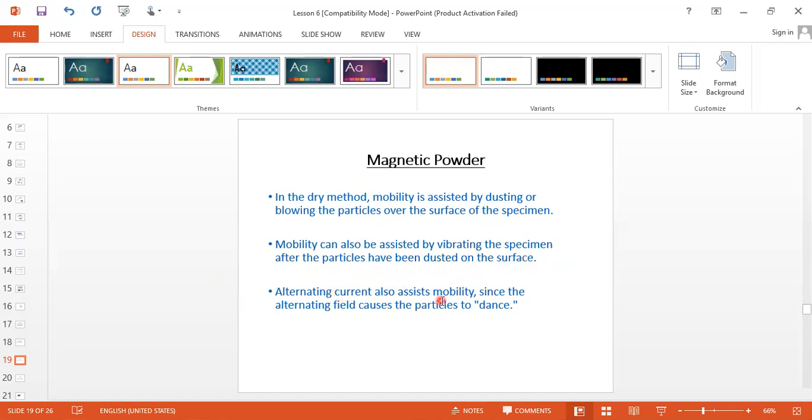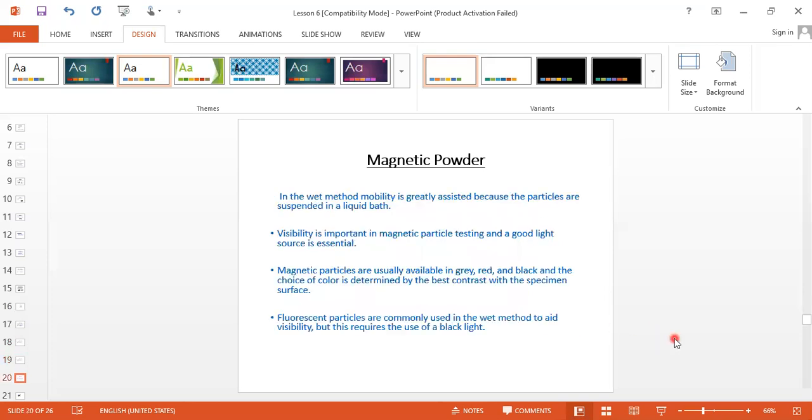Alternating current also assists mobility since the alternating field causes particles to dance, because AC current has a tendency of flowing from positive to negative, so there is vibration, and due to that vibration the particles will dance. In the wet method, the mobility is greatly assisted because the particles are suspended in a liquid bath.